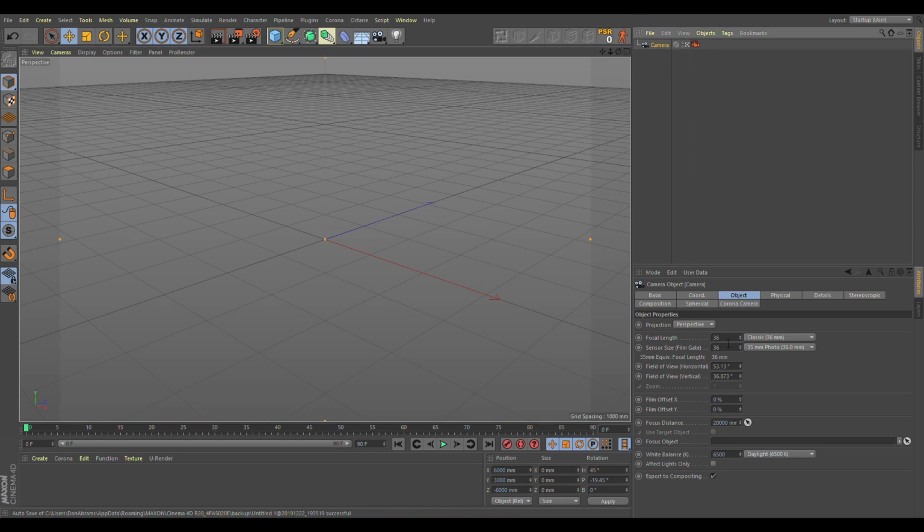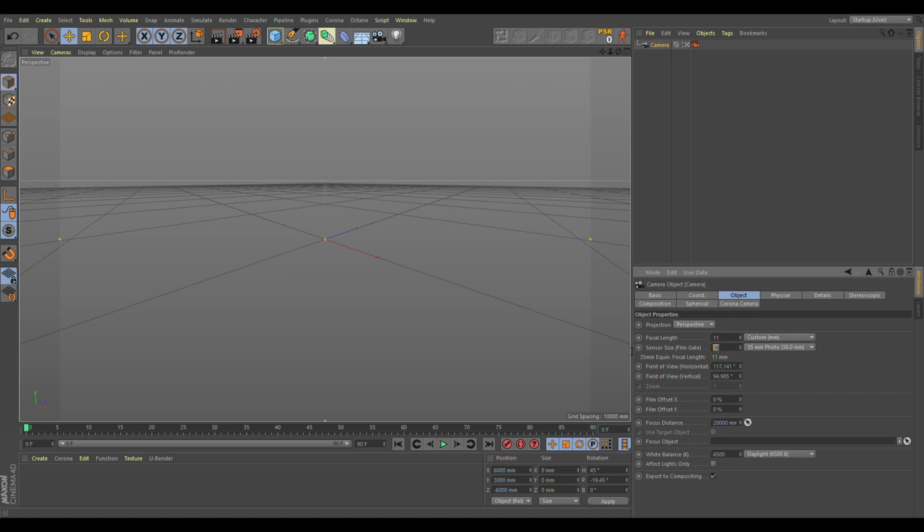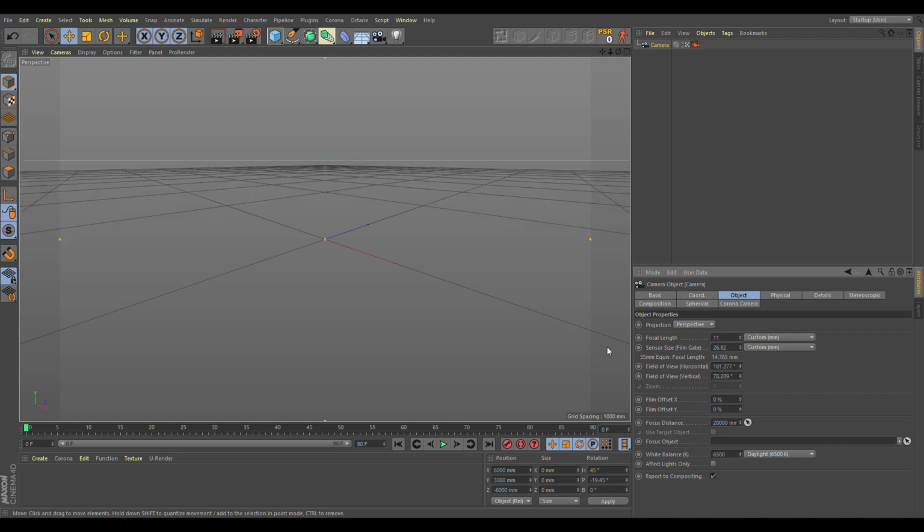And the focal length, now it was an 11 millimeter lens, so down here in the camera object, I'm just going to make that 11 millimeters. And the sensor size for the Canon 7D, the diagonal sensor size is about 26.82 millimeters. So I'm just going to key that in, try and get it as accurate to the real life camera as I can. Then I'm going to right click the camera object here in the browser,